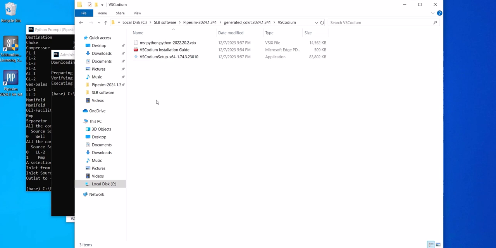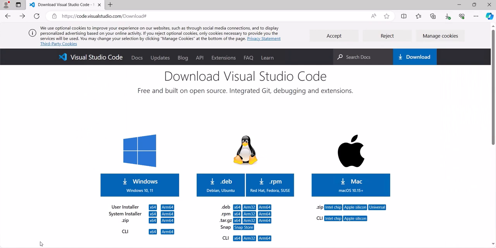But of course, if you have access to the internet and you can download it, SLB recommends that you download VS Code and use it as the main environment. By default, PTK doesn't install any development environment. So you need to go to code.visualstudio.com, then select the appropriate installation package for you, install it, and configure